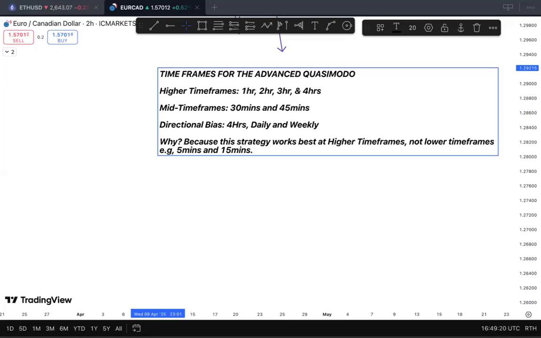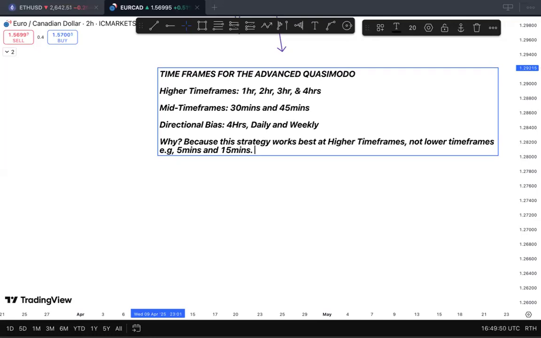Okay, so I'm speaking based from experience. I never take a trade from 5 minutes, 15 minutes. It is not a scalping strategy. Okay, it's a day trading or swing trading strategy, and it's a price action based strategy. So you don't want to trade this strategy on a lower time frame. Each time you have an urge, maybe you see the setup on a lower time frame, kill that urge. Don't take that trade.